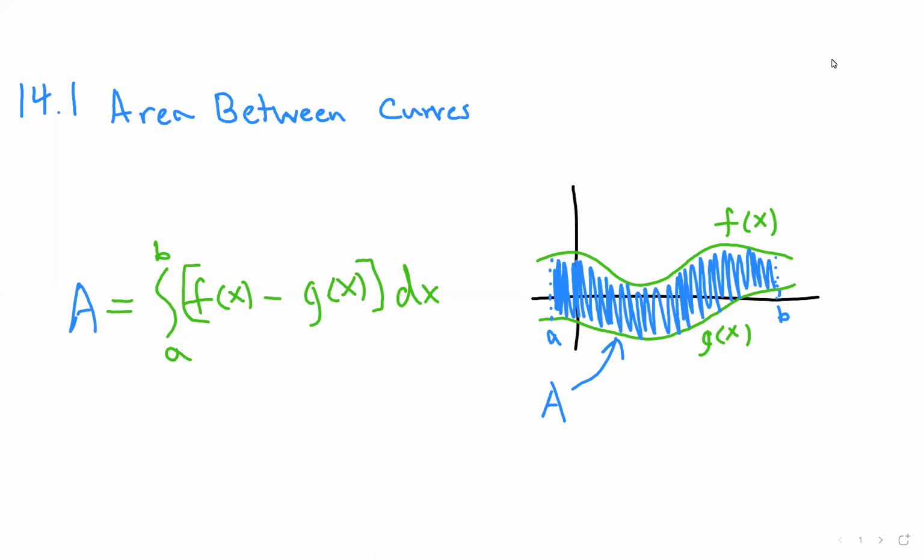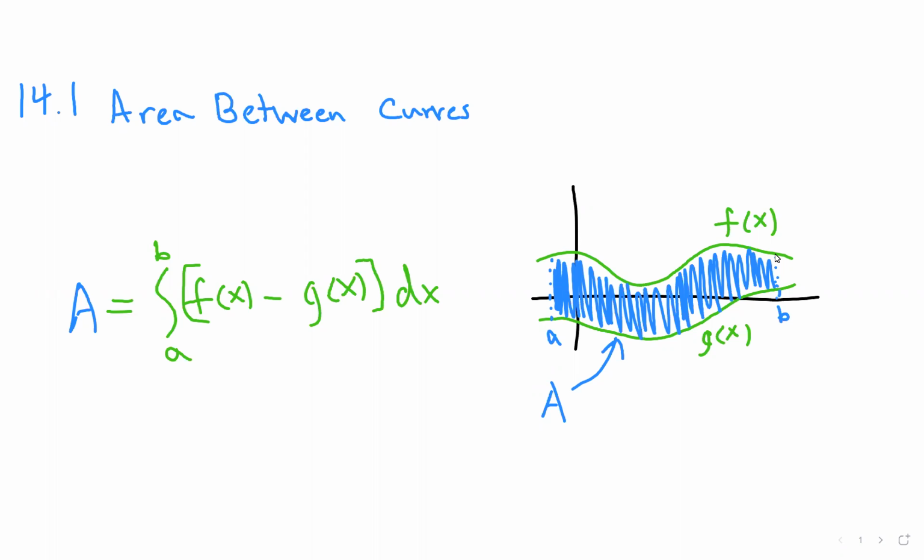Okay, so this is going to be a video on 14.1, the area between curves. This is basically just the process of performing two integrals. One is going to be the integral of f, and then you'll be subtracting the integral of g. You'll take these bounds that were given here in this example of a to b, and you'll integrate over the difference of f of x minus g of x with respect to dx. And this gives you the area that you can see on this graph over here,